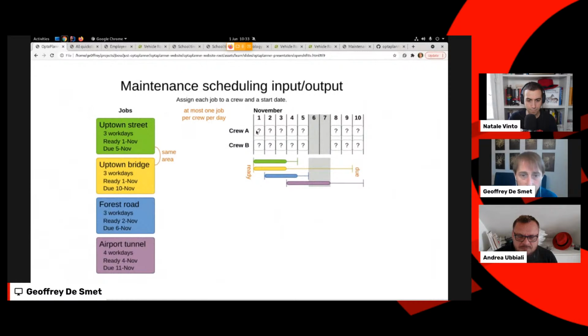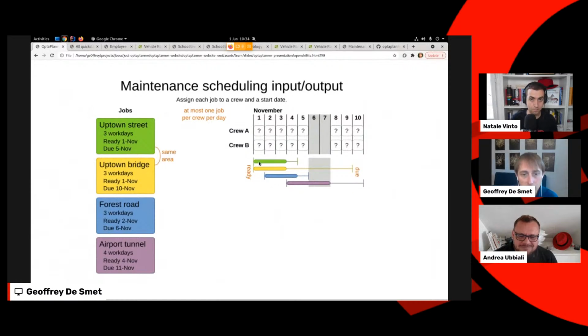date to start that work, and it will take a number of days to complete that work. So for example, the green job takes 3 working days, but the purple job here takes 4 working days. Each of these jobs can have an earliest starting date, that's their ready time, and a latest possible end date, which is their due time. So every job needs to be done before a particular date, and it depends from job to job, right?